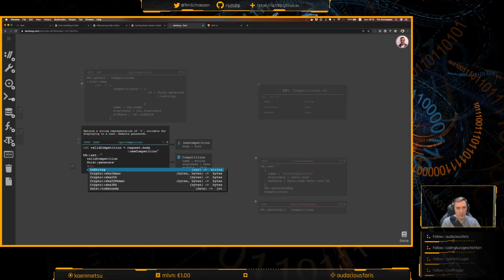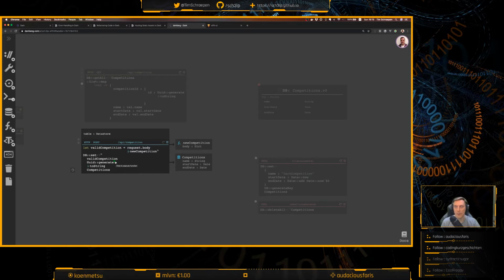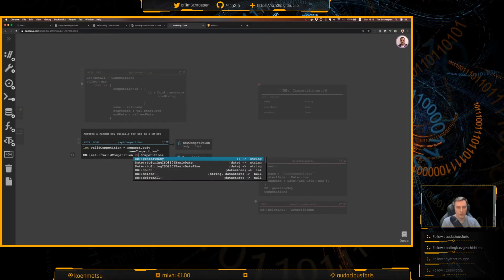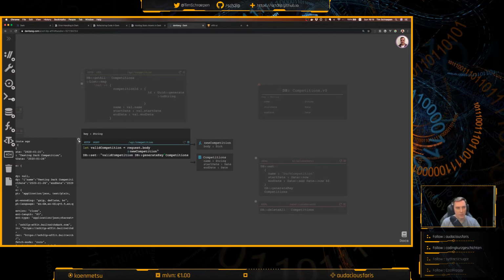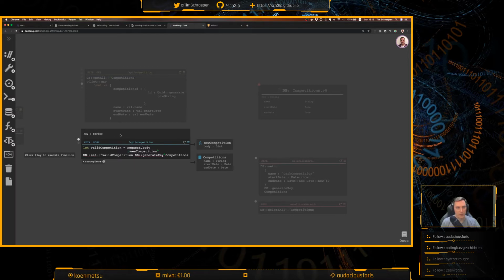So let's do string this. Or what we also could have done was used the, what's it called again? A db generate. Maybe we'll do that instead. I'm also wondering why it is that this thing is just stalling. Okay, so here we've got